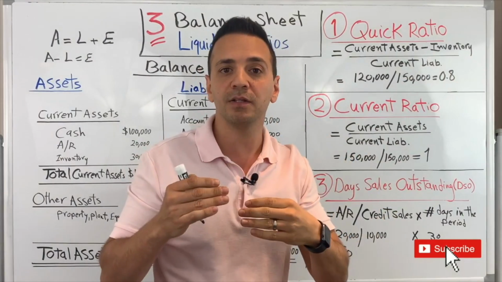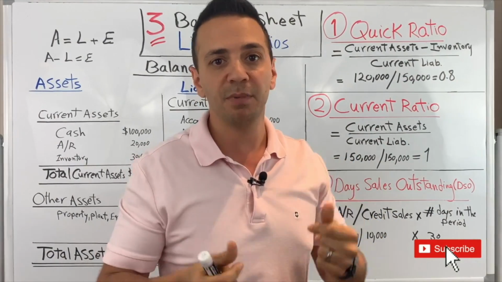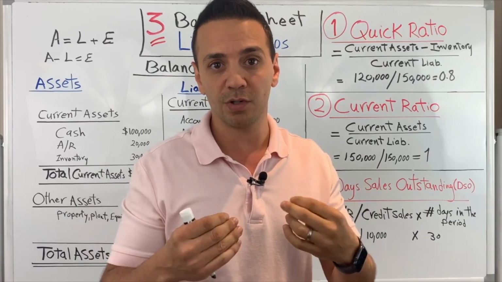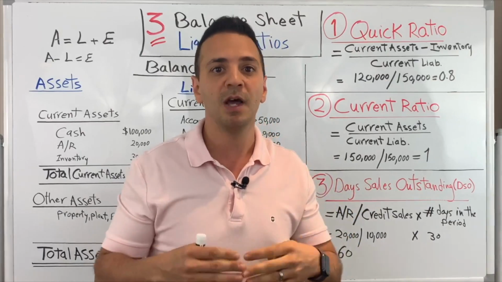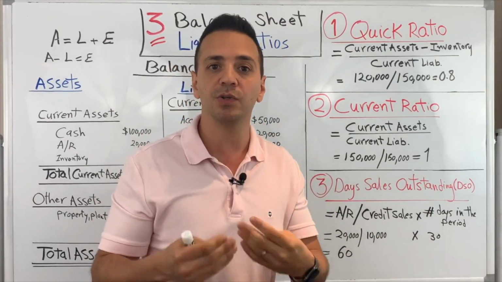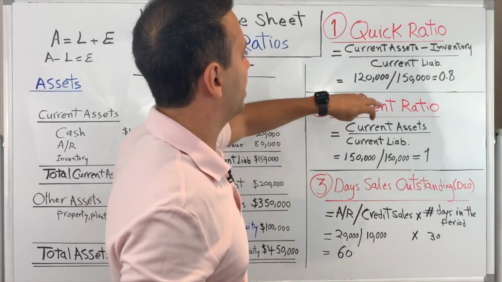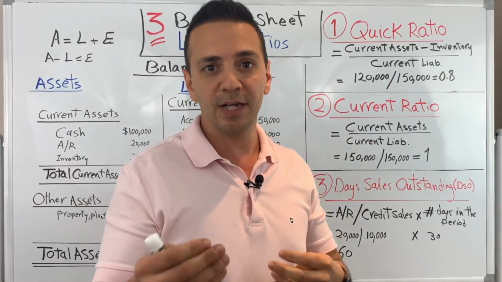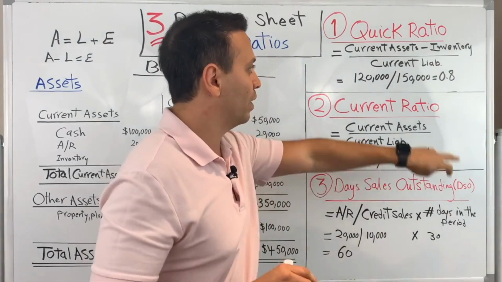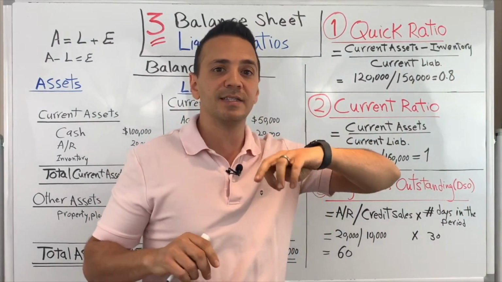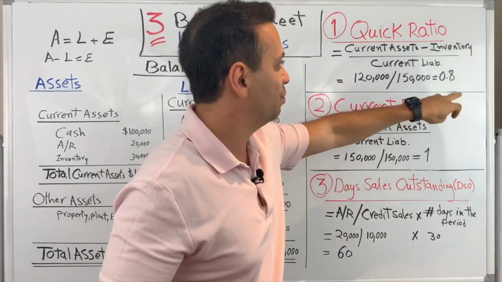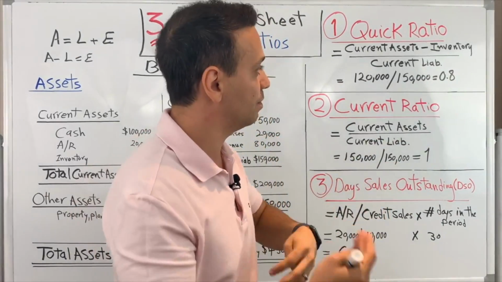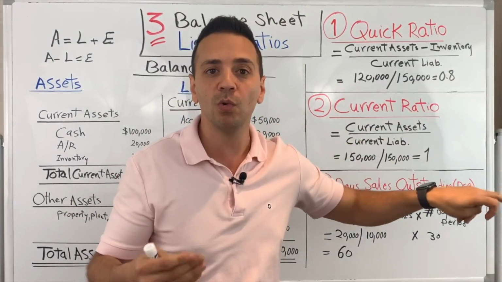So you're not expected to be able to just flip inventory into cash. You are supposed to receive a sales order or purchase orders from customers before you can go ahead and convert your inventory into cash. And so in this case, the way to explain to management or to investors what this 0.8 means is that this number ideally should be much higher than that. The higher that number is, ideally like 3 or 4,